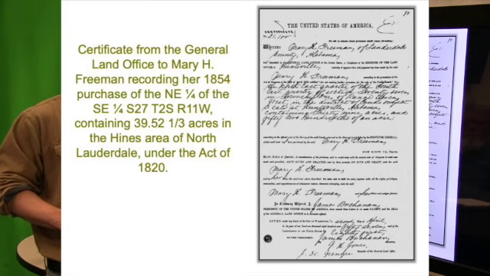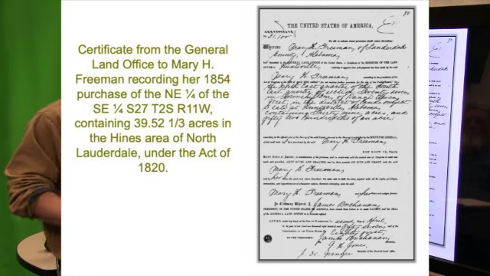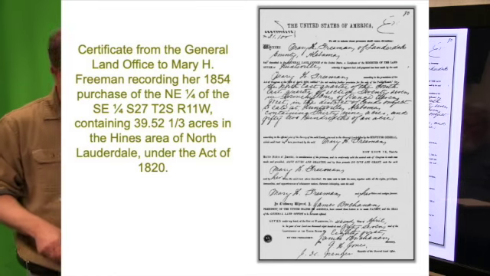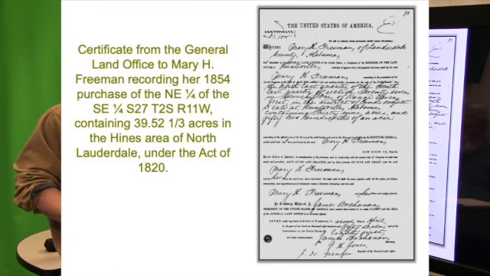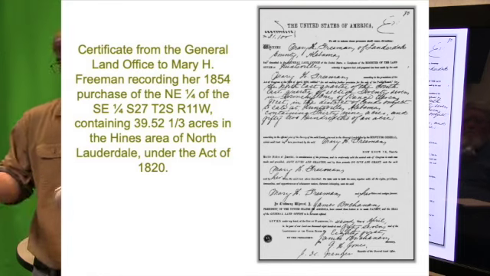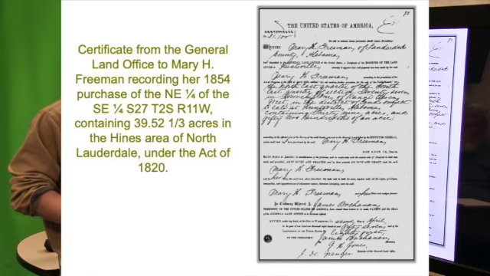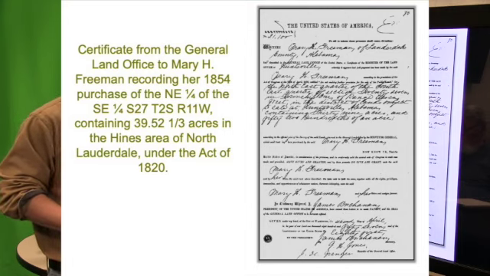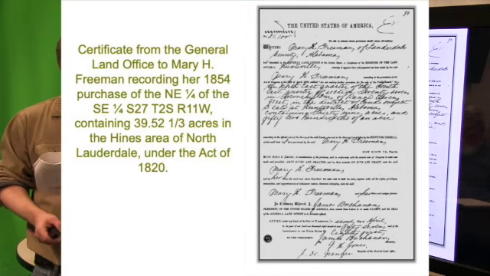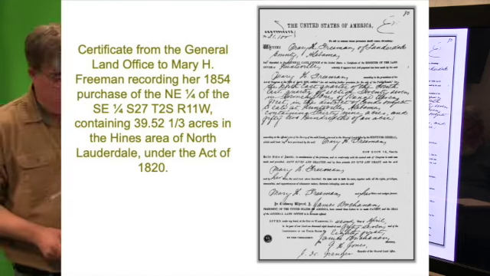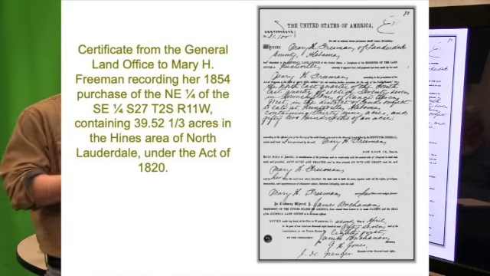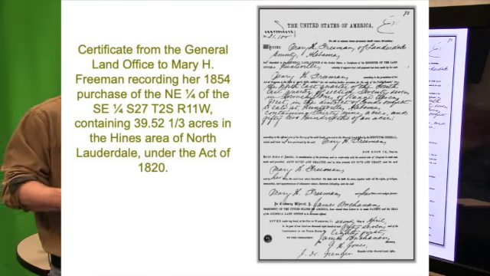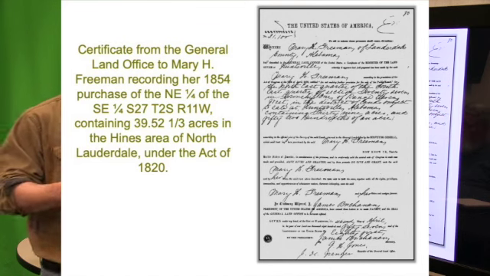Much of the actual surveying was done in the 19th century under a contract system by the General Land Office, or GLO, which was created in 1812. Now it's the Bureau of Land Management that handles this kind of stuff. The system was originally created and proposed by Thomas Jefferson shortly after the American Revolution with the passing of the Land Ordinance of 1785. The Continental Congress passed the ordinance, then the Northwest Ordinance in 1787.